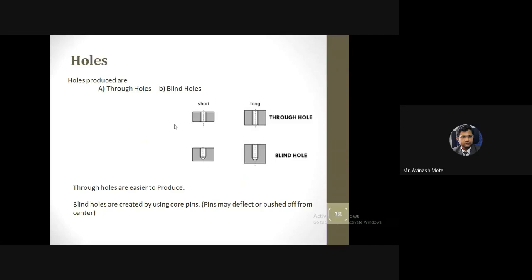And then we have seen something about holes also, two kinds of holes: through hole and blind hole. A through hole goes throughout the component and is easy to drill, because it is throughout that particular section, so there is no need to check the height or length of the hole. In case of a blind hole, you cannot judge exactly the length of the hole, and at the corner it will become slanted like this. So it will not be a proper hole, so prefer to have a through hole.